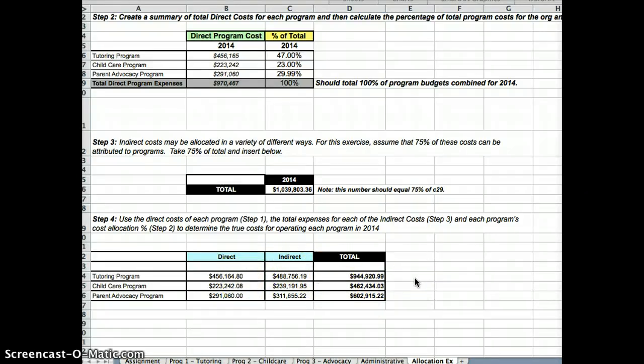As Professor Holloway showed in class using the example of St. ABC's Church, calculating the true costs of a program can often allow you to identify the problem areas of an organization. Now that you've seen how to create your own administrative budget, merge it with the program budgets, and allocate costs,